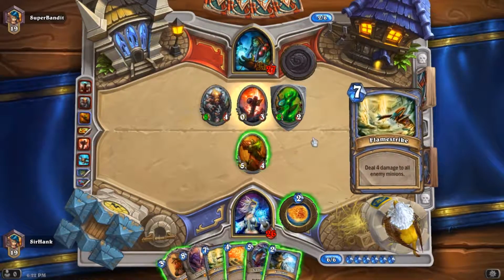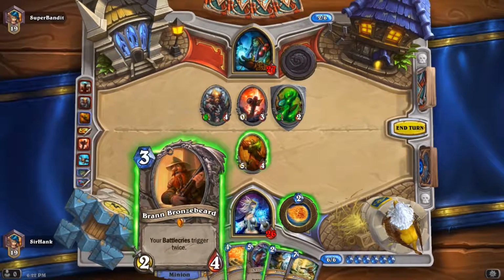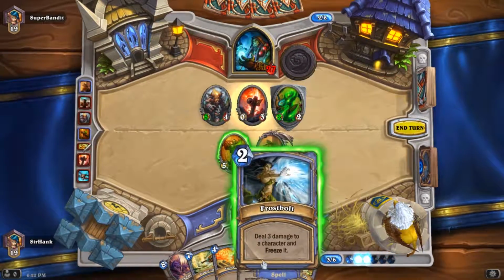Nice. Got both my Flamestrikes, but not quite enough mana to play them. We could Azure Drake, and maybe get like an Arcane Missiles. I'm not sure, actually, I don't think I run Arcane Missiles in this deck. We could play Bran and also Frostbolt his totem. That'd probably be the smartest play. We can actually use most of our mana, and then we'll just have one left over. I think that's probably the most efficient play here. So let's go ahead and drop Bran, and then maybe if he doesn't kill Bran, we can drop an Azure Drake and draw 2